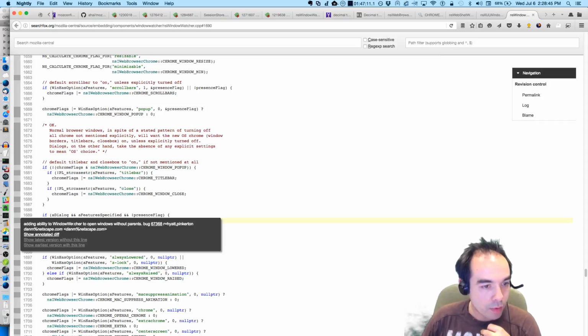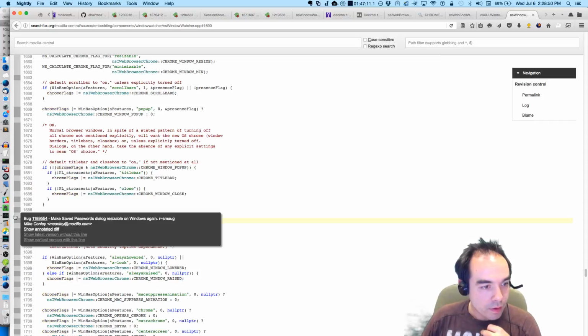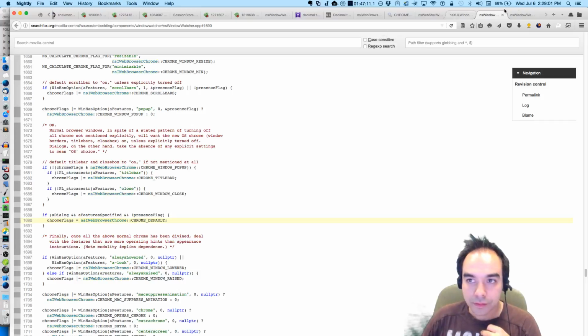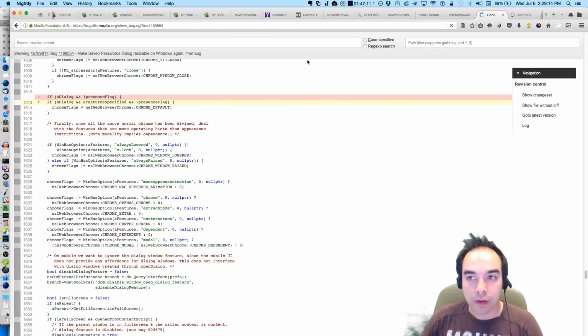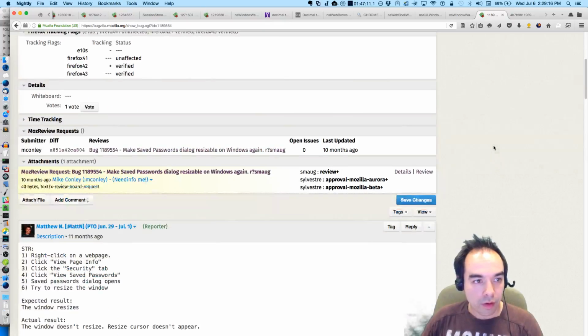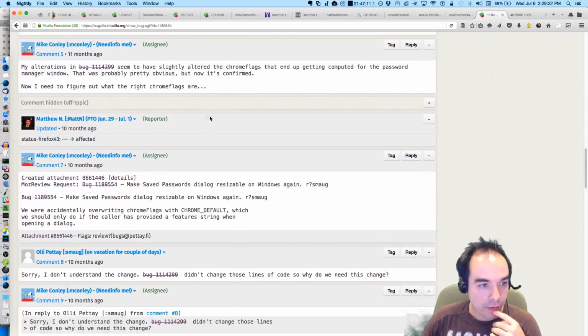Adding ability to WinWatch to open windows without parents. I added this part. Shoot. Oh god. What did I do? What did I do?